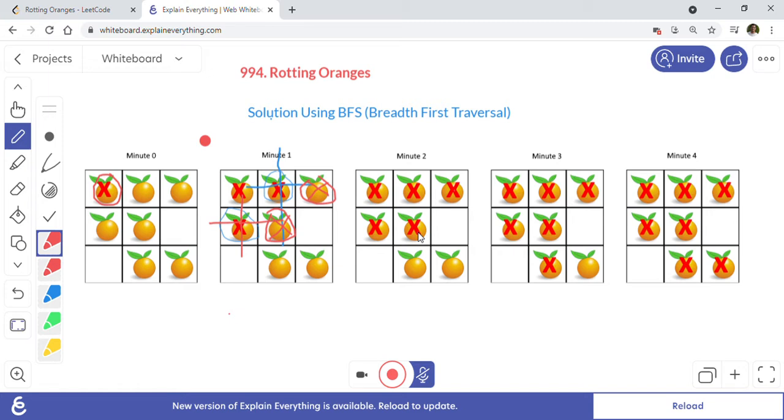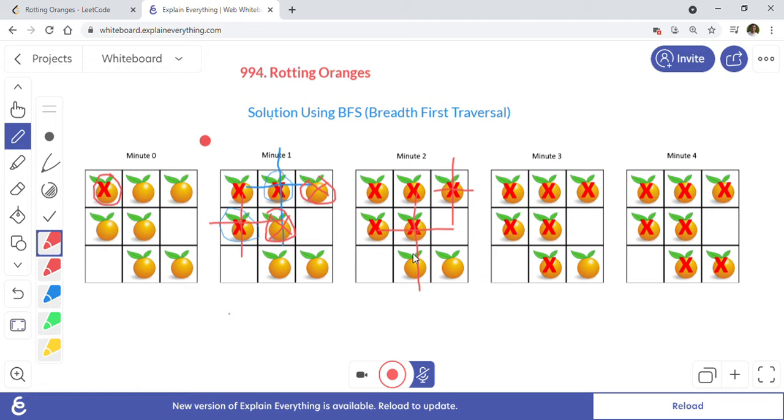Next minute, these new oranges will start spreading on the four sides. Nothing to make rotten here because it's already at the end, and this orange is already rotten. For this orange, it will start spreading downward, on both sides, and upward.